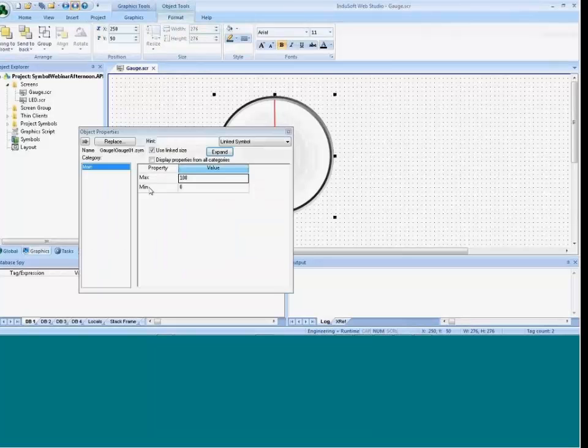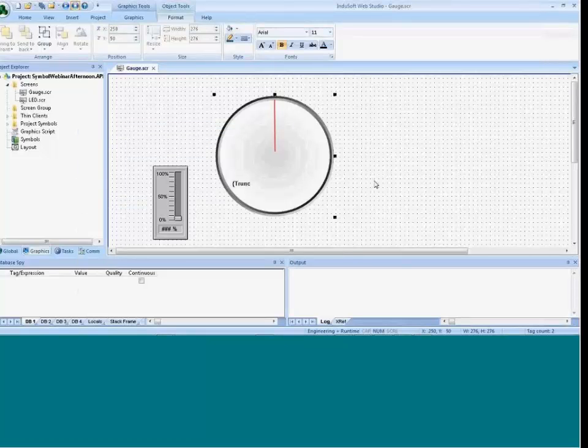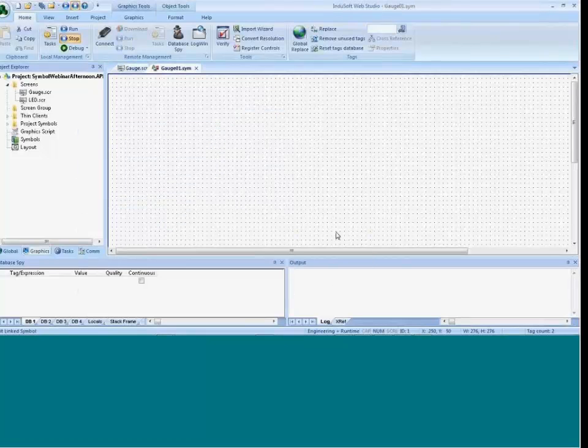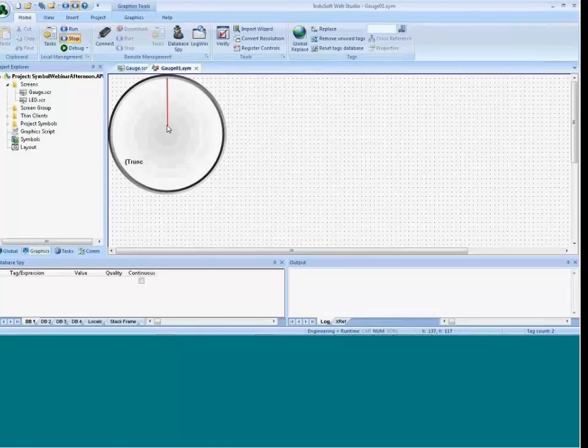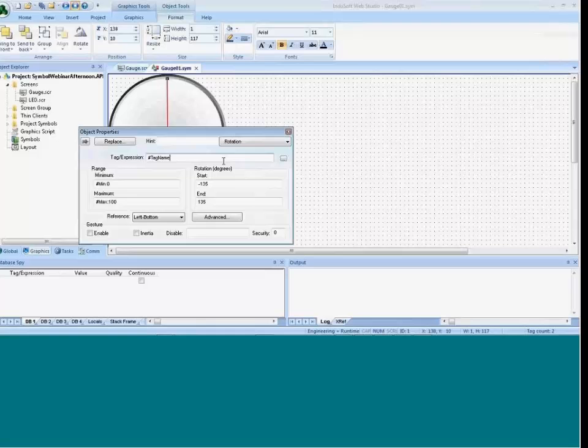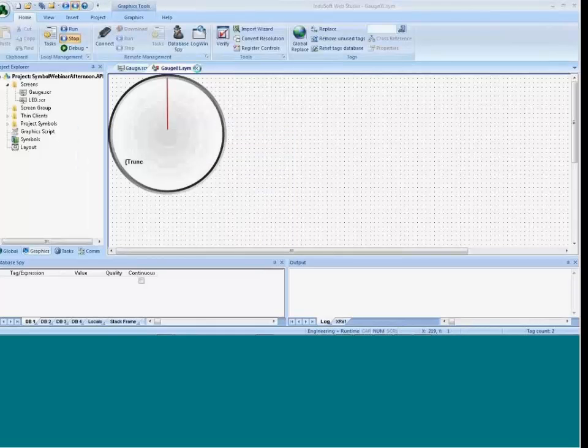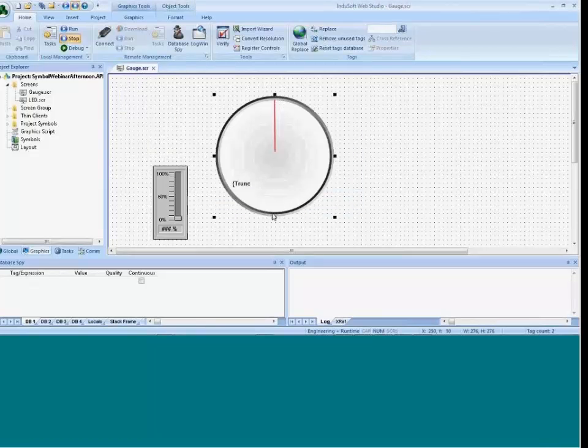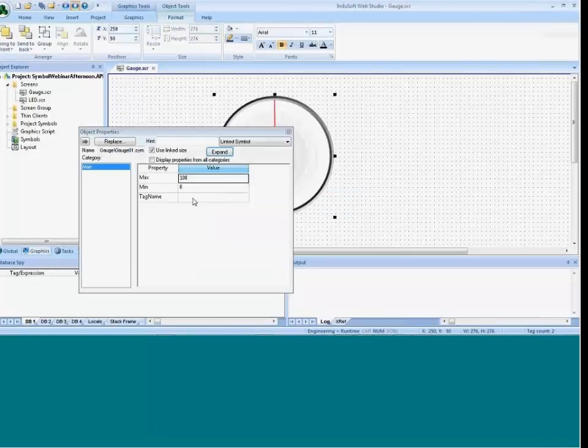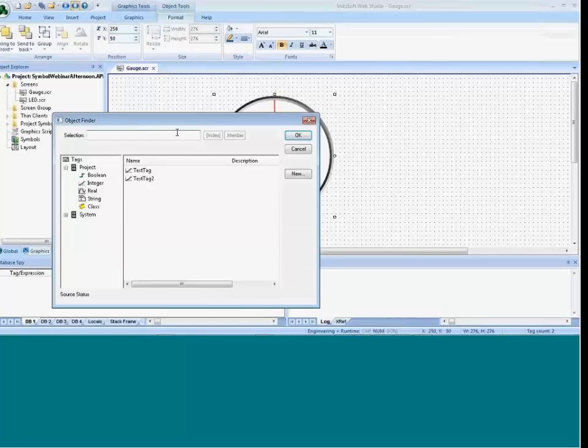So now here I have the min and max. Not sure why my tag name didn't come up, but let's go and give that a look, because I need that tag name to be able to configure this needle here. Because I didn't put the colon afterwards, that's why. Put the colon, and then what we should have is the # tag name, and I'll tie it to that,